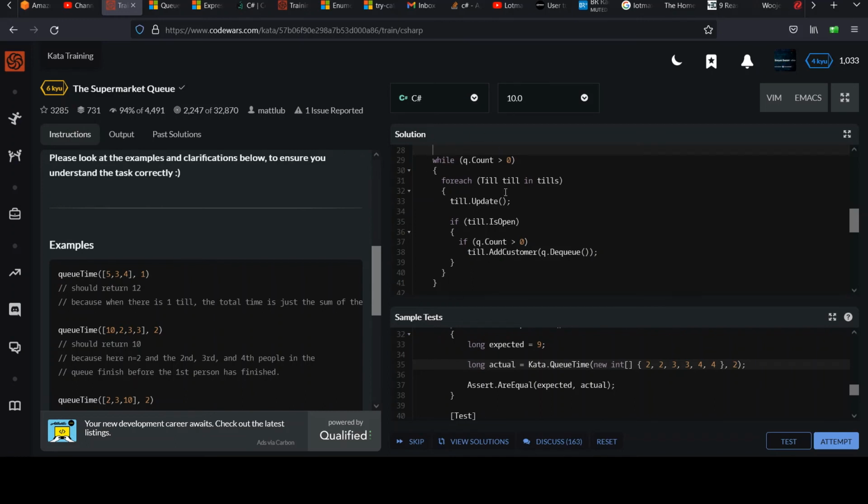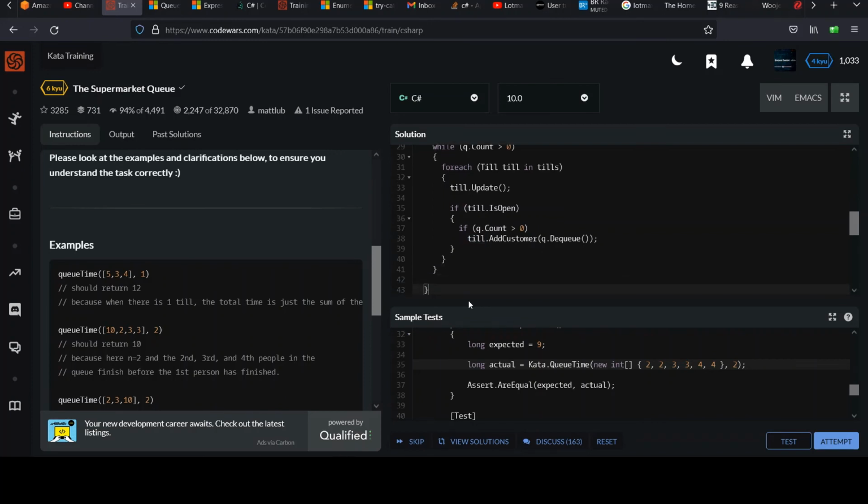Then you keep looping until somebody, or maybe multiple, will register as open. And whenever that happens and customers remain, keep trying to assign them to a till. And the idea being, again, that once we have processed all of the customers, it's simply a matter of returning